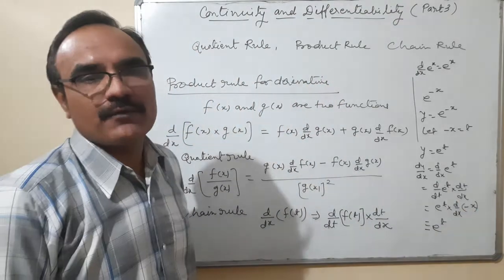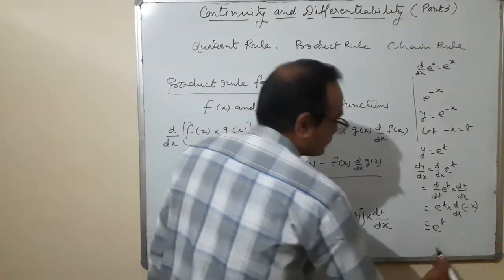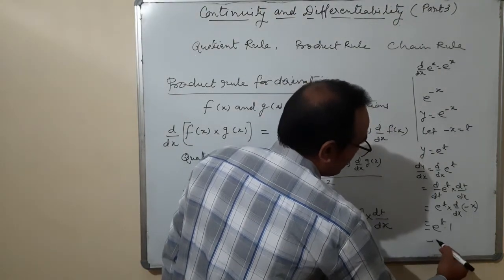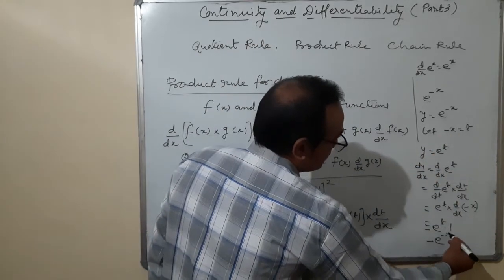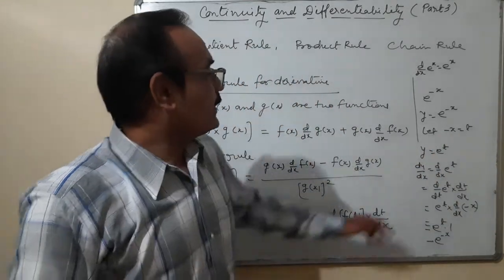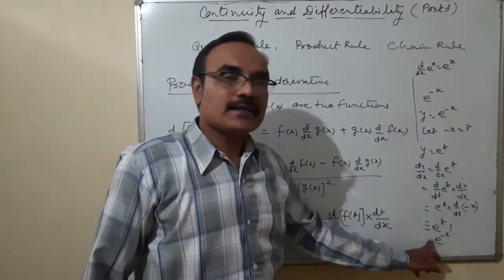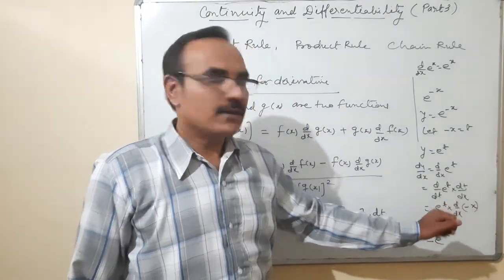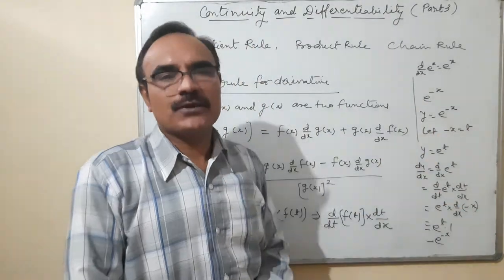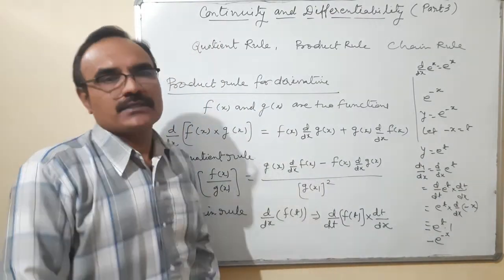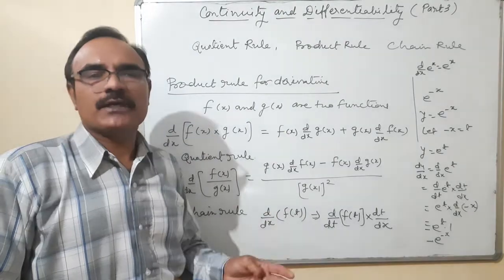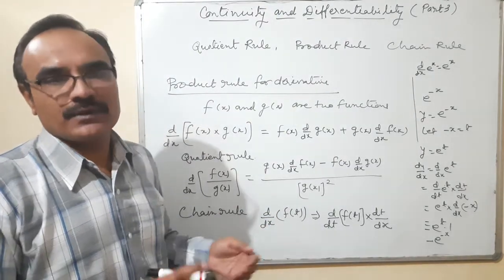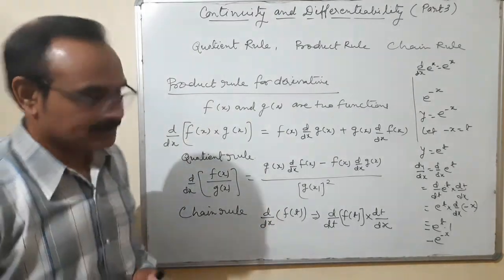What is the differentiation of x with respect to x? It is 1. So that is coming 1 minus e to the power, and the value of t will be replaced, minus x. So the differentiation of e to the power minus x is minus e to the power minus x. Okay. So in such cases, we have to use the chain rule for finding the differentiation of the given function. So these are the 3 rules: the product rule, quotient rule, and chain rule we'll have to use when we solve the question, when we differentiate the term.